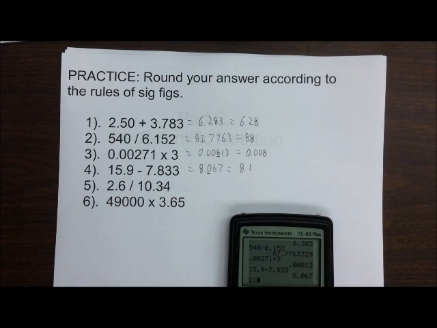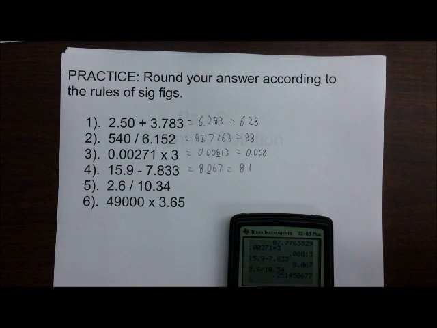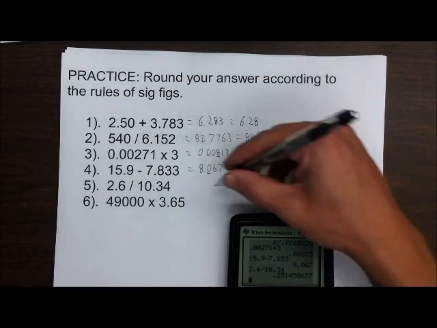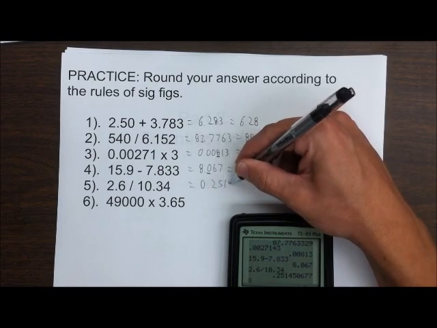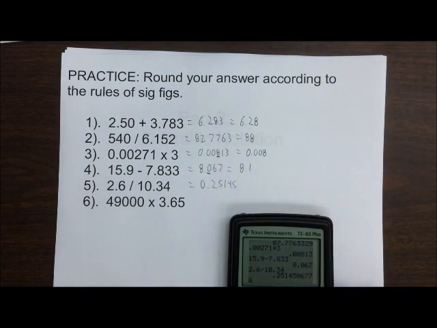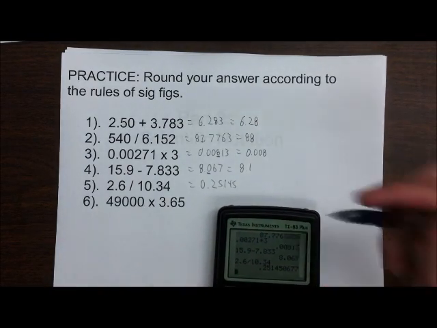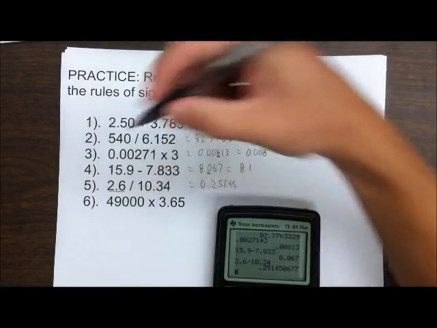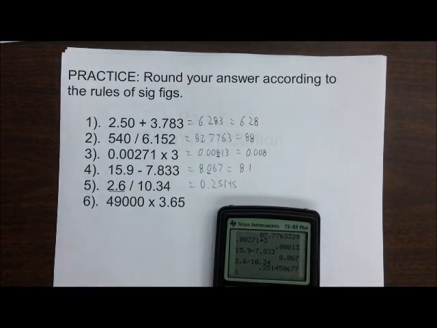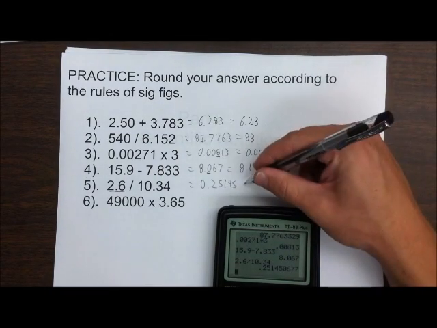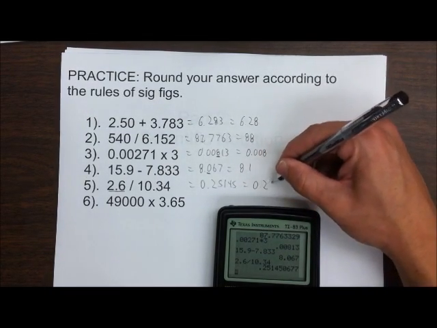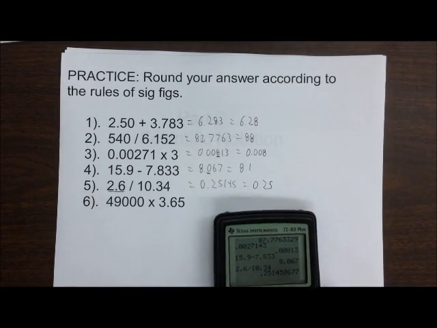Number 5, 2.6 divided by 10.34. That's going to give us 0.25145, etc. But we only want to keep 2 sig figs since we're dividing. So we count 1, 2. This 0 is leading, so it's not significant. So just 0.25. And finally,